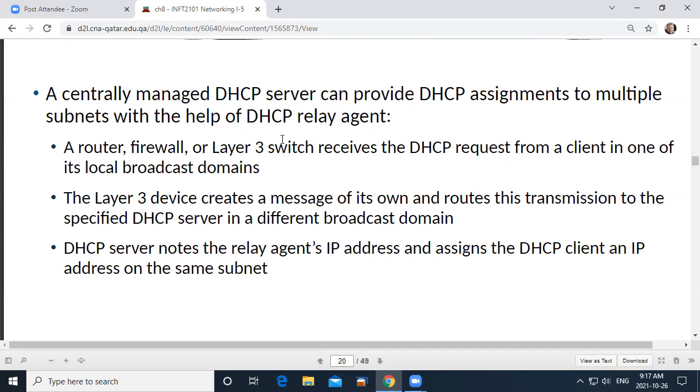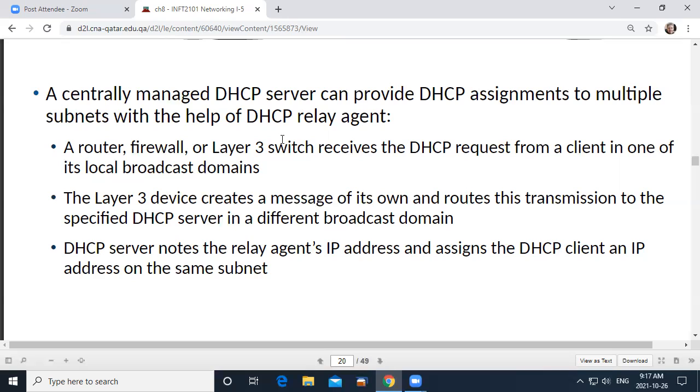So our technology is a little bit better than that. Even though we've separated these networks out, we can have a DHCP server connected to one of the routers, and the others can sort of tunnel into it and get their IP addresses, even though they are technically in a different network because they're separated by routers.